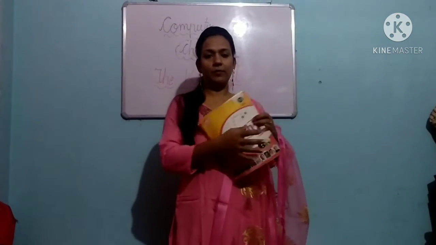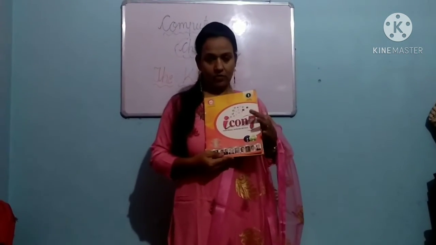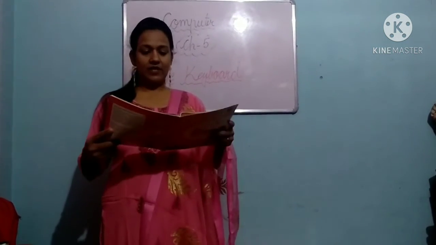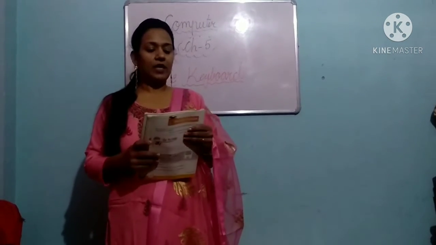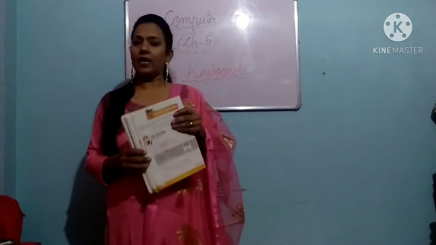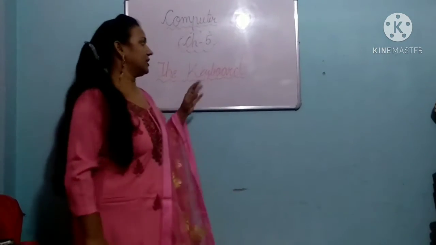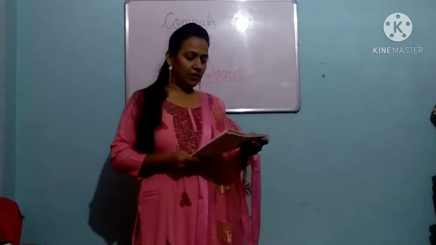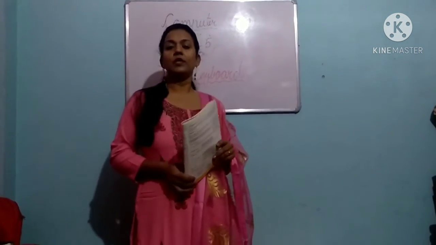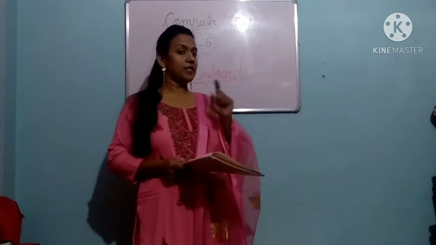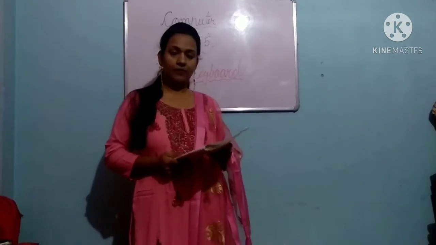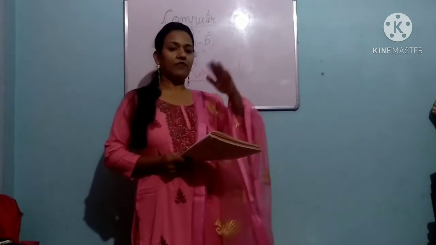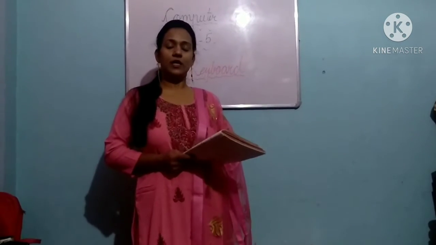And you know that your computer book is this, icon 7. Okay. So page number 30 from your book. We'll start reading of the keyboard that we have done in chapter 4 about the parts of computer. So keyboard is also a part of computer. And what do we find on the keyboard? We find numbers, alphabets, and some special keys on the keyboard. So today we are going to learn about keyboard, so then we know everything about the keyboard.